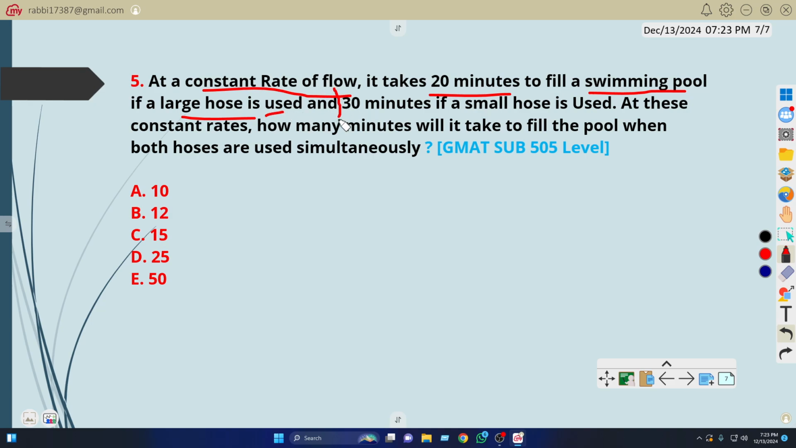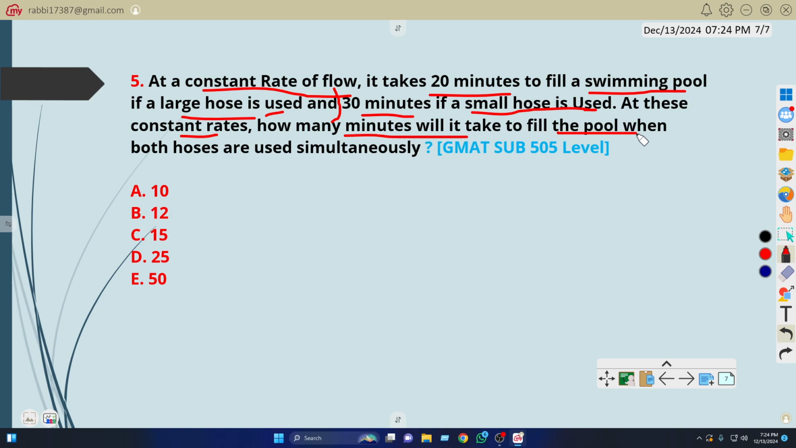This is the first condition. Okay, we need to identify the conditions first and second, and identify the equations and solve the math the easy way. It takes 30 minutes if a small hose is used, so if we use a small hose, it requires 30 minutes to fill the swimming pool at this constant rate. If it flows steadily like this, how much time will it take